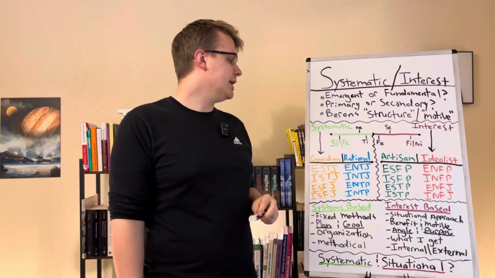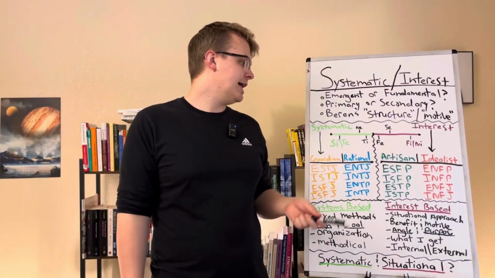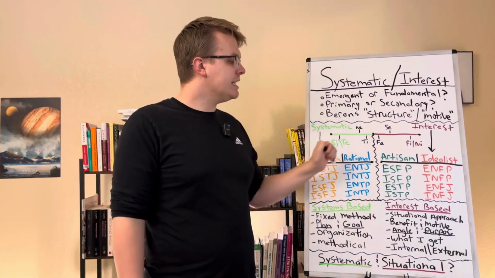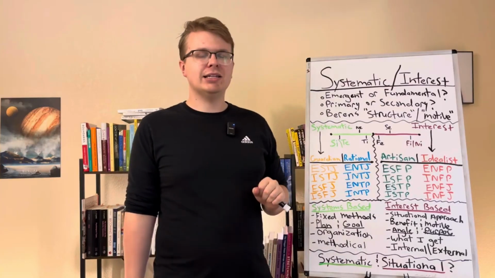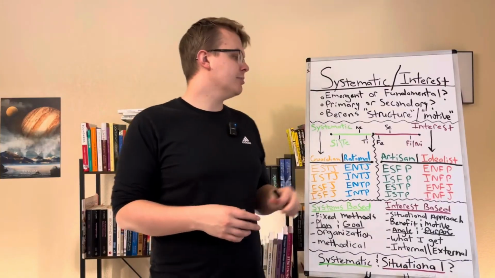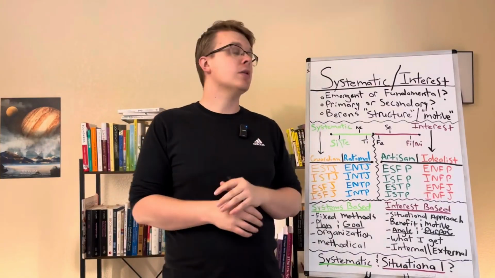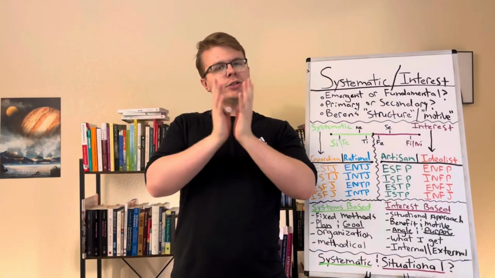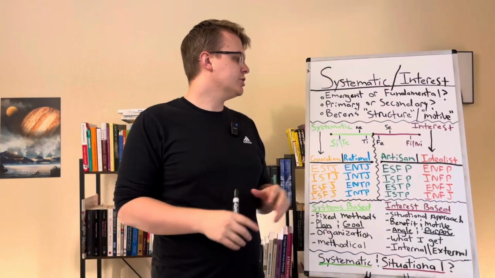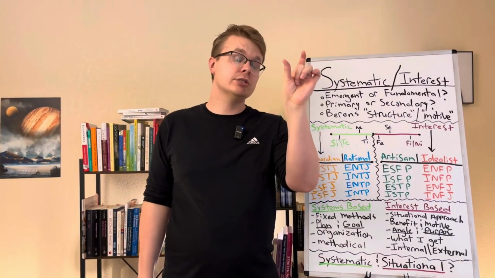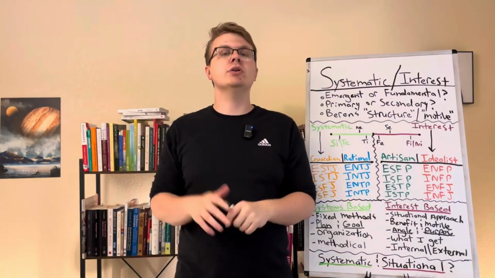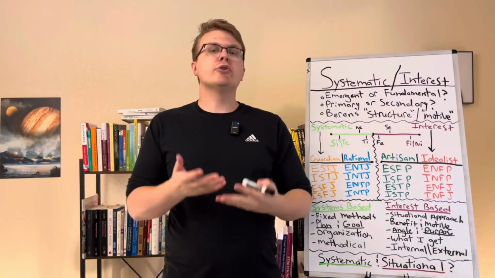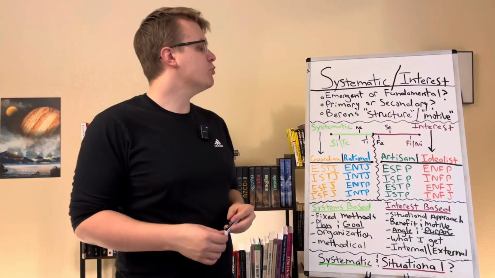Okay, and then kind of in the middle here, I think SE tilts a little bit more towards being interest-based. 6 out of the 8 SE users are interest-based types. 6 out of the 8 NE users are systematic types. I think NE is a little bit more up in the air, but technically the ratios are there. And then lastly, TI and FE, I think these are about as close to the middle between all the functions, but I think TI tilts slightly towards systematic and FE towards interest. It's just FE, when it's used by itself, is more about the group or the collective interest, right, within a situation.